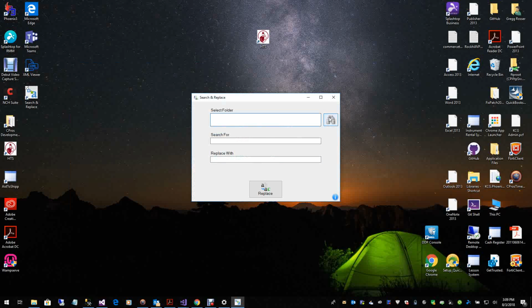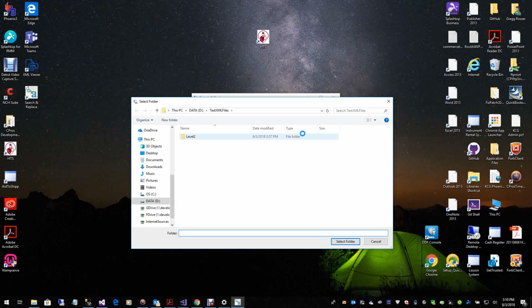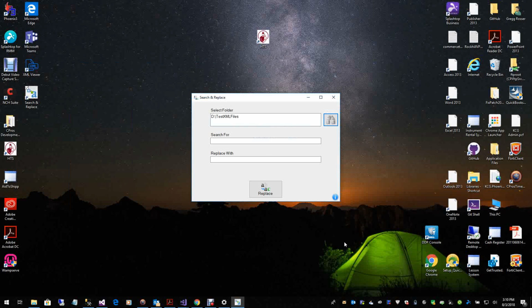So again, I'm going to use the binoculars here to bring up a folder selection screen. It will remember the last folder you looked in or selected, so it knows I want to look in that directory already. So I'm going to select that folder, and again I'm going to look for the word spot, and let's replace it with the word